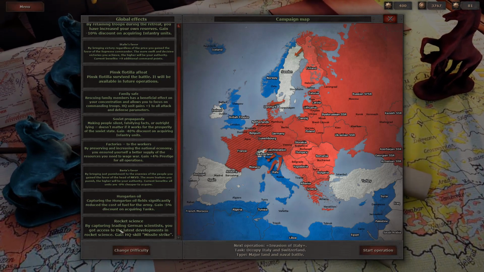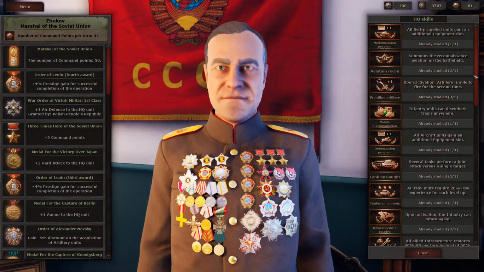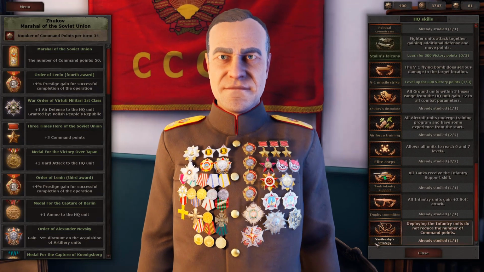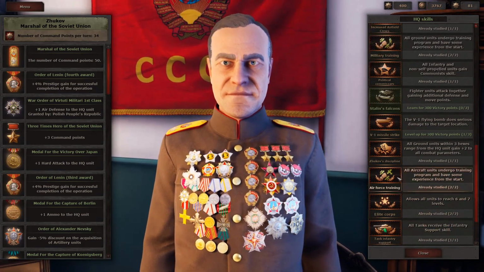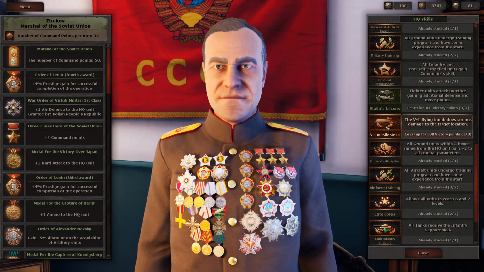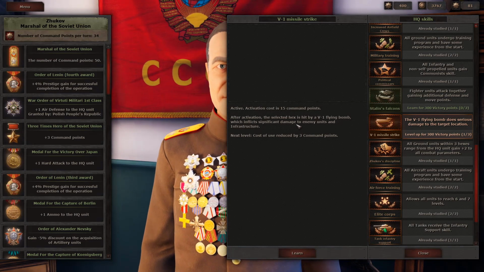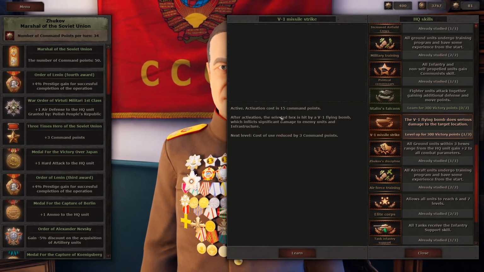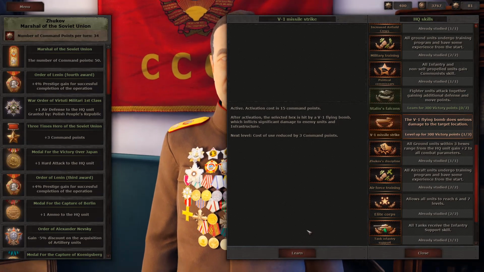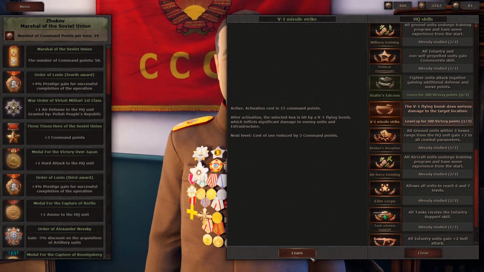So that's also interesting. By capturing the scientist, we also have the missile strike ability now. Somewhere, hopefully. Here, V1 missile strike. The V1 flying bomb does serious damage to the target location. The selected hex is hit by a V1 flying bomb, which inflicts significant damage to enemy units and infrastructure. Well, I'm not a big fan of the other ones either way, so let's